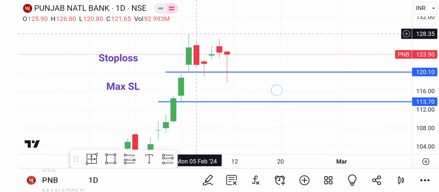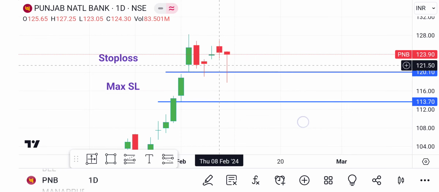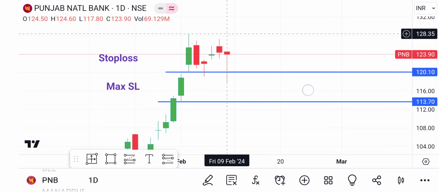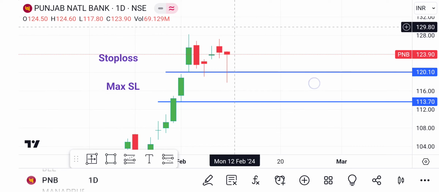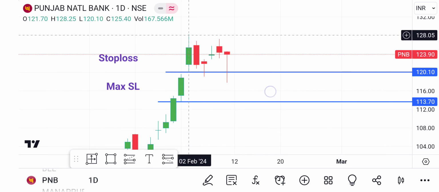But then again, if you lose, you are going to risk more, because from 128 to 120 there is an SL of 8 points. In the first method you are giving an SL of only around 3 or 4 points. This is double the first method's stop loss. So you can use any of these methods. I would recommend the second method, because the chances of the trade working in your favor are also great. Okay,